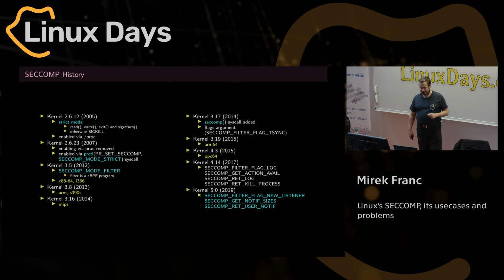When that container executes some syscall, the supervising program is notified and can decide what should happen. So instead of the kernel deciding, some other user space program decides what happens when you execute some syscall